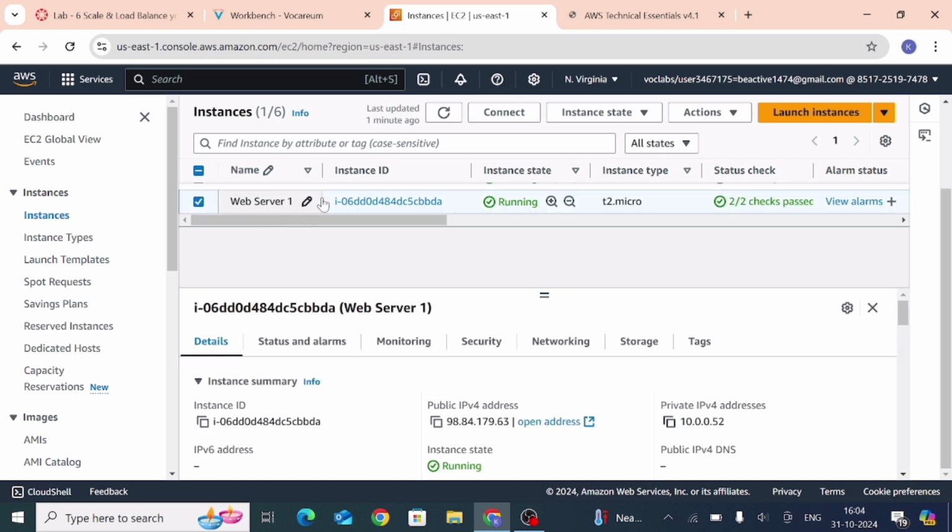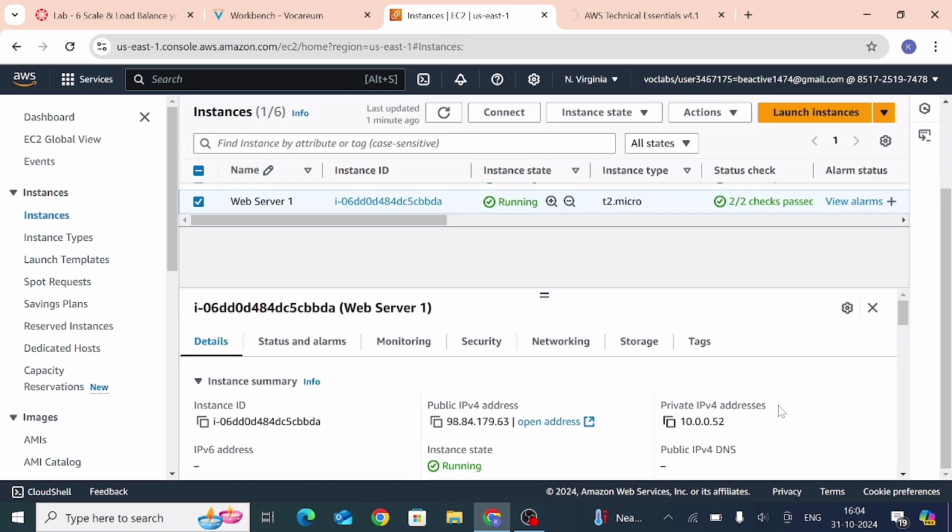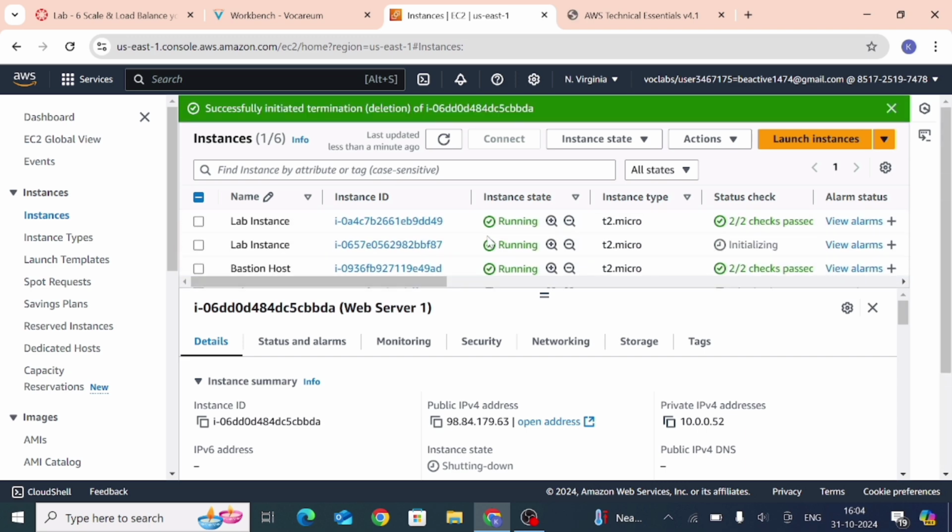Now instance state, and terminate the instance. So click on it. Terminate, and click on terminate. So now we have successfully completed all the tasks of lab number 6.